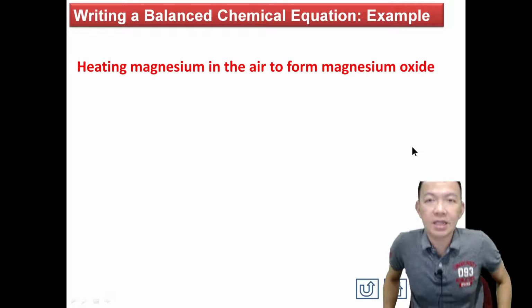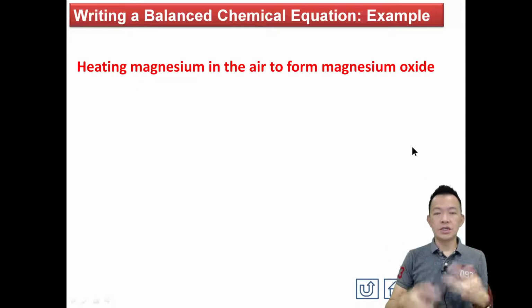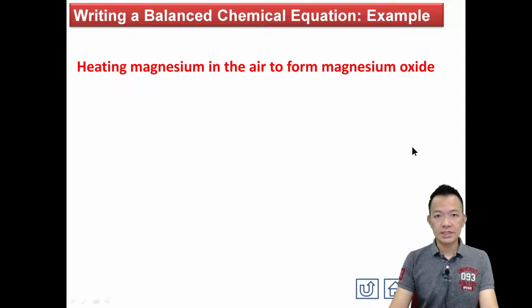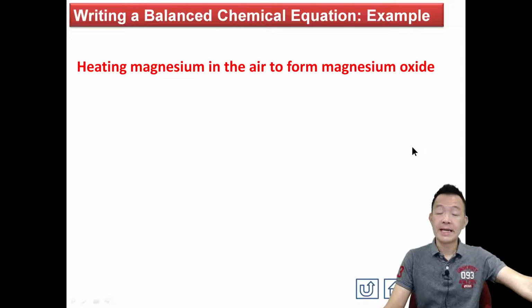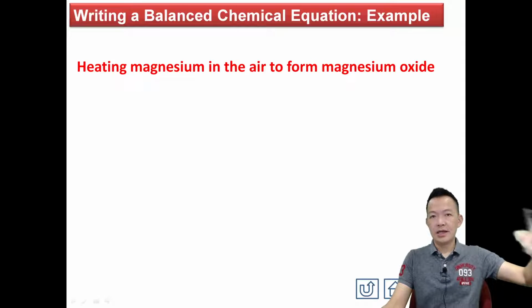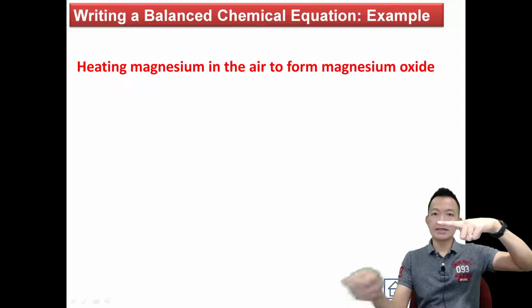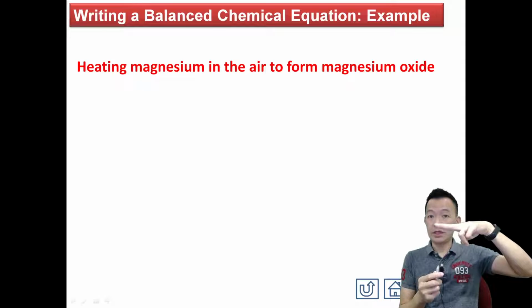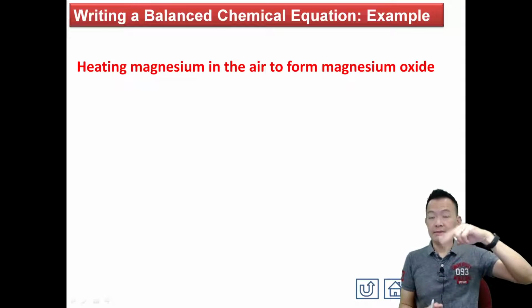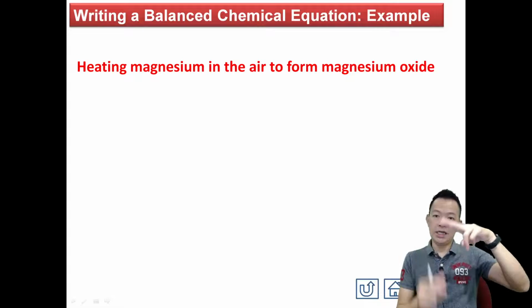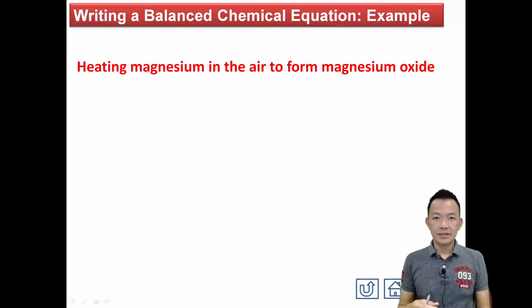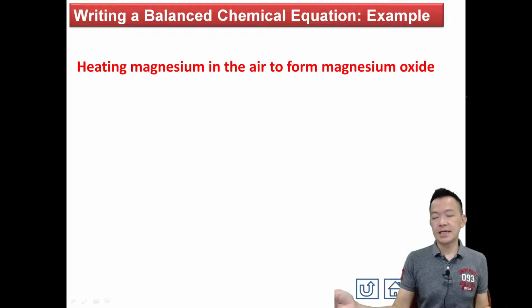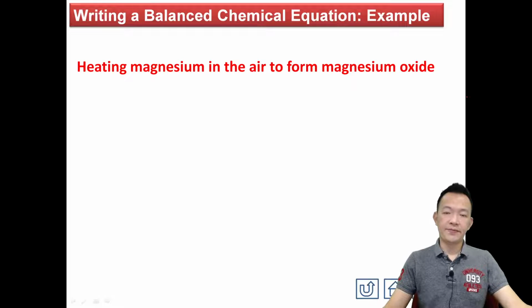So we go to the first example. I tell you one sentence, one story. 我告诉你一个故事，你写出它的化学反应。OK, number one. Heating the magnesium in the air to form magnesium oxide. So heating the magnesium in the air，在空气中燃烧 magnesium. Magnesium react together with oxygen to become magnesium oxide. Magnesium 跟氧气混合起来变成了 magnesium oxide. So how to write the chemical equation？怎样写出它的化学反应呢？